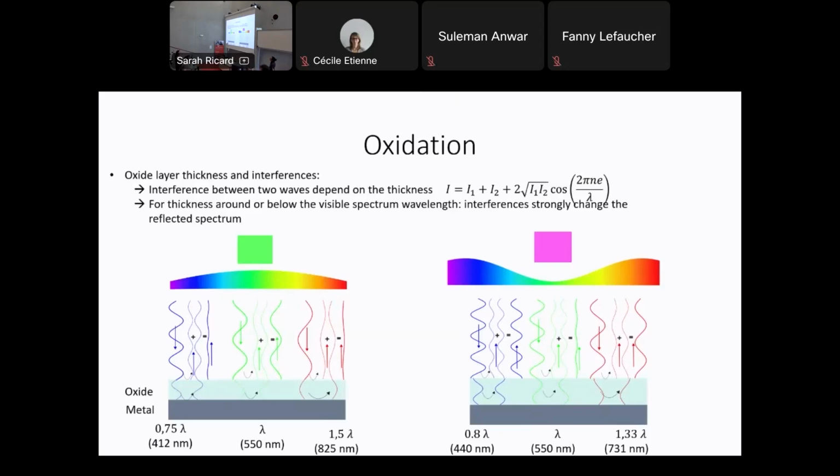If I decide that my green is 550 nanometers, here my blue is in the UV, and my red is in the infrared. Here, on the same configuration, I just added half the wavelength more, and a quarter of the wavelength more. The blue is at 440 and the red is at 7